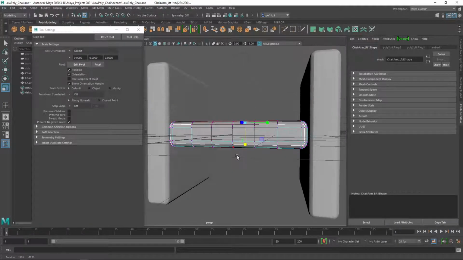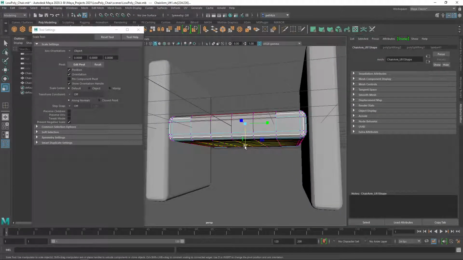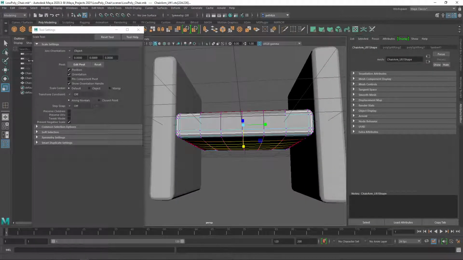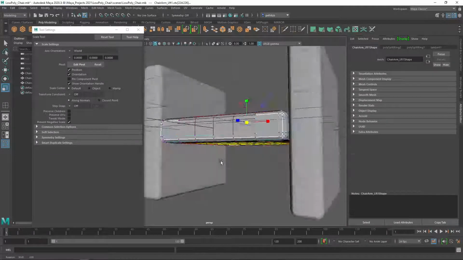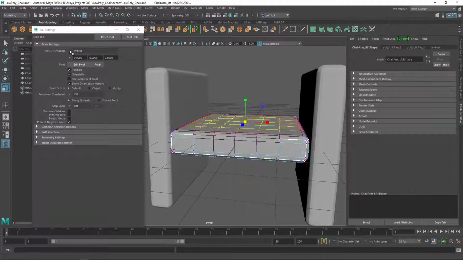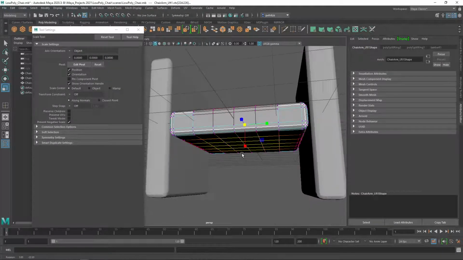Well, there's a couple ways we could handle this. Because I rotated this negative 90 degrees when I did this, it's actually going to influence it downward. And that's okay. I'm just going to rotate this. We could try to rotate the tool. We could change our settings here to world settings. If I did that here, world, it flips it back around. But I'm going to leave it to object,